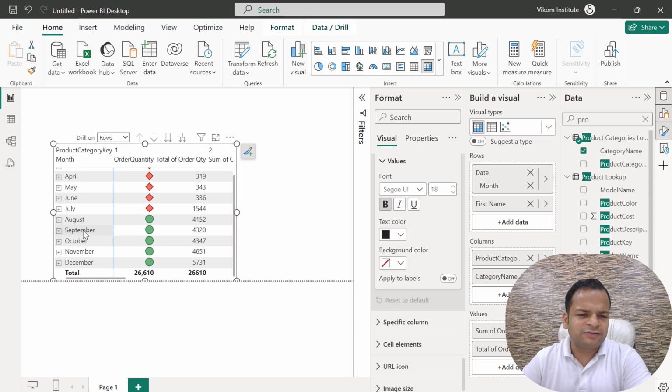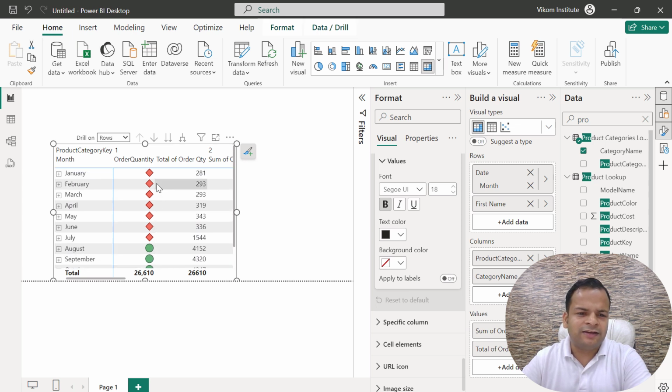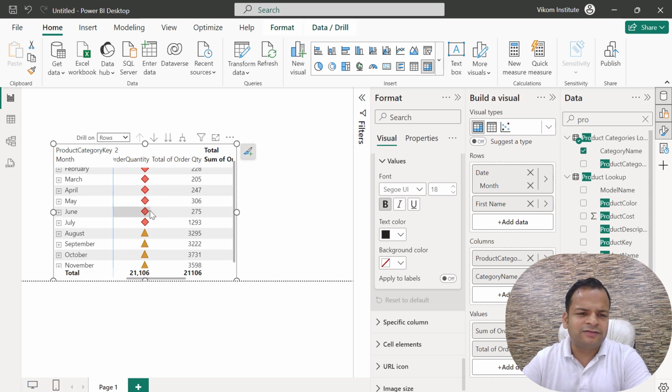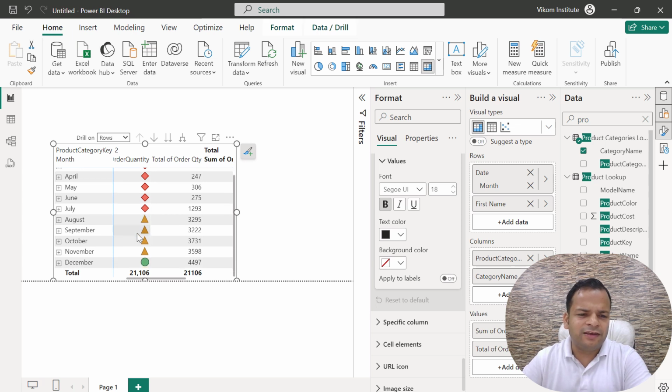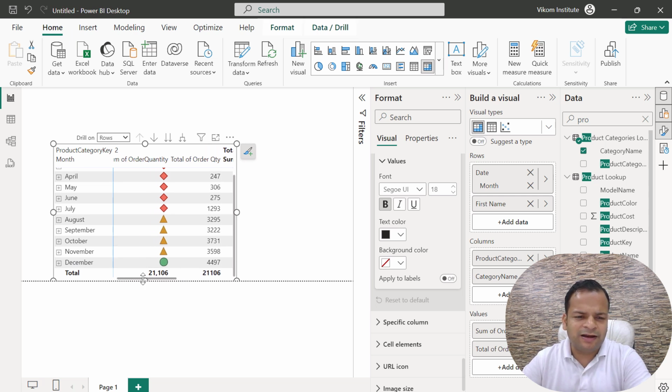So August, September, October, November, December, I have made good sales in it, and in the first 7 months I have not made good sales, so that's why it is becoming red. And in the second table, in the second product, I am basically on the average part. Here August, September, October, November, and December I have made very good sales. So that's how my icon is working.